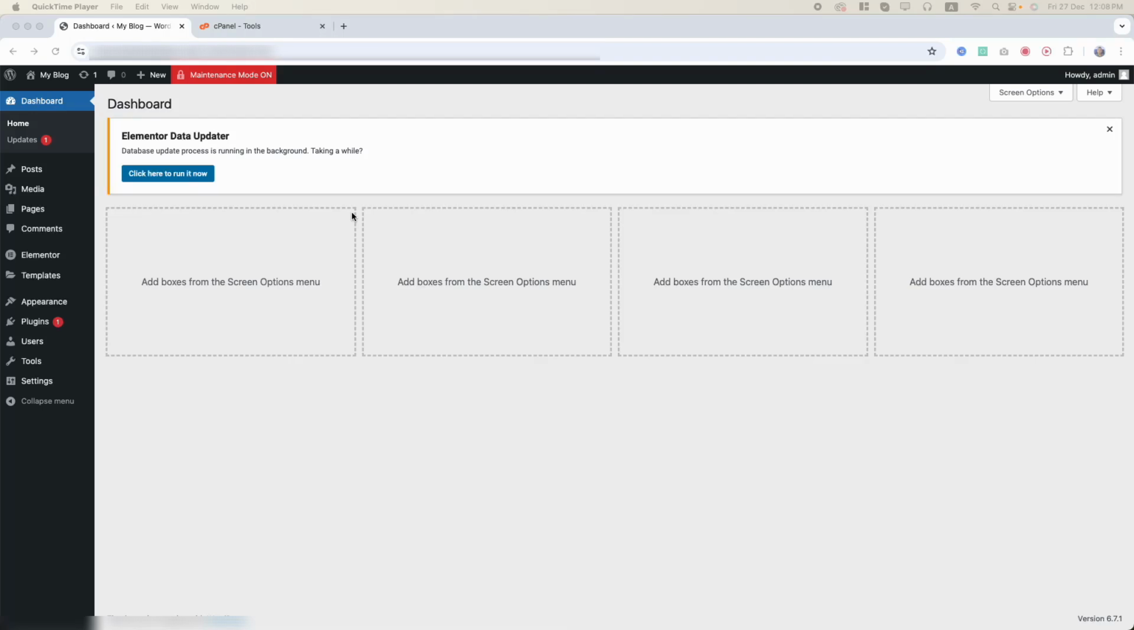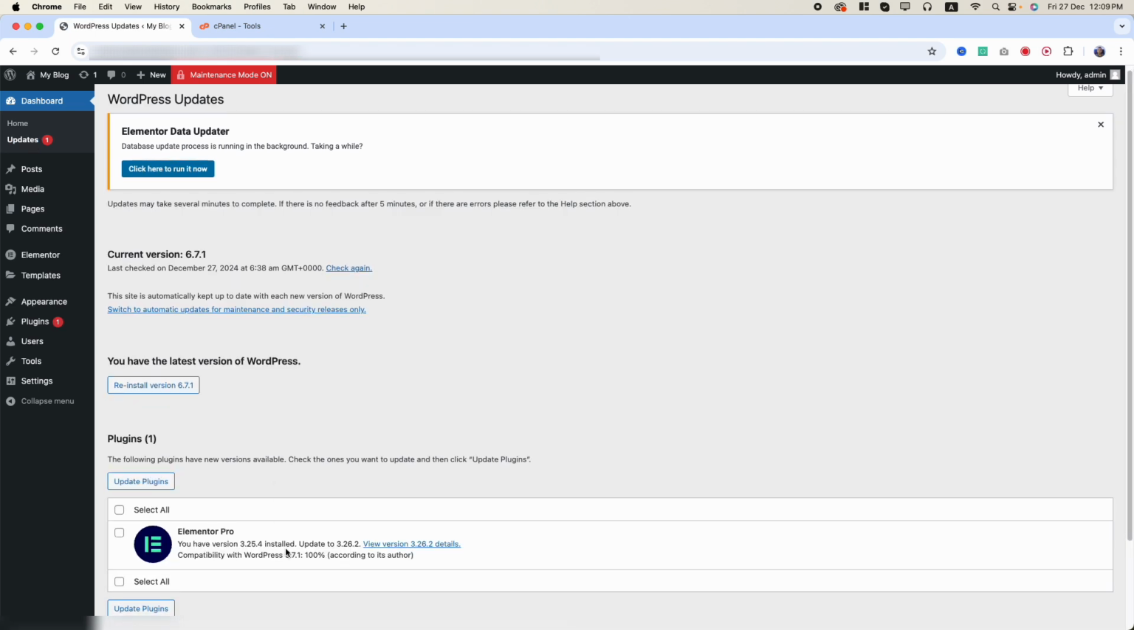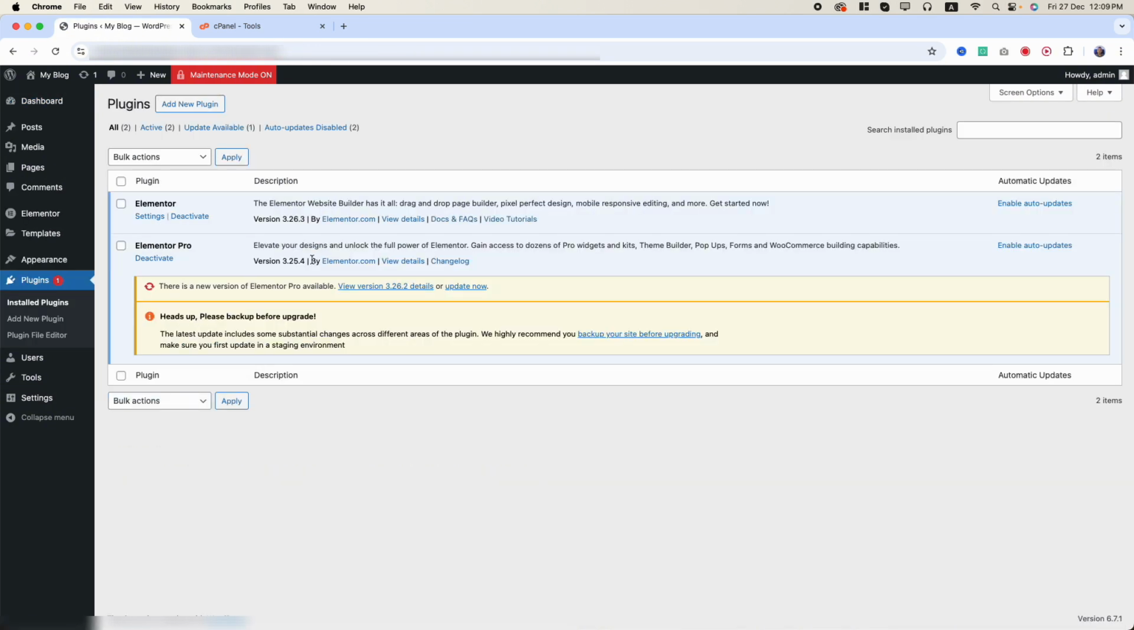Hello everyone. If we go to the website, we will have an update. So I just click on it and here we have Elementor Pro version update. So let's go to the plugins and click on installed plugins, and here we have version 3.25.4 as current version, and we got new version as